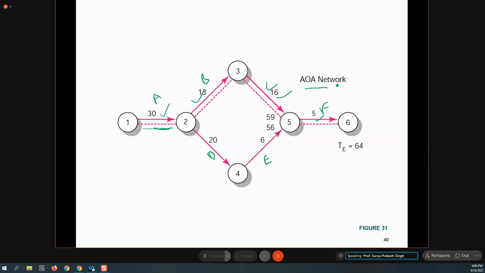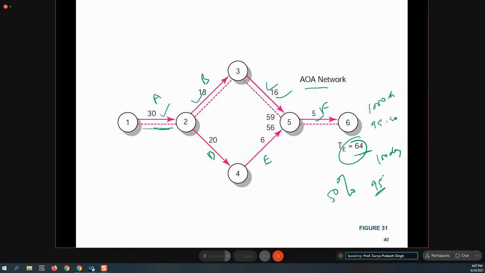Okay. So let's say the time estimate is coming to 64. If I ask you what is the probability that your project will complete in 64 days of time, your answer would be 50%. What is the probability that your project will complete in 100 days of time? Your answer will be 95% probability. यानी 95% आपको चांस है कि आप खत्म कर लेंगे. What is the probability you will complete the project in 1000 days? मतलब 3 साल में आप खत्म करेंगे. आप कहेंगे कि 99.99%, but 100% आप कभी नहीं कह पाएंगे.